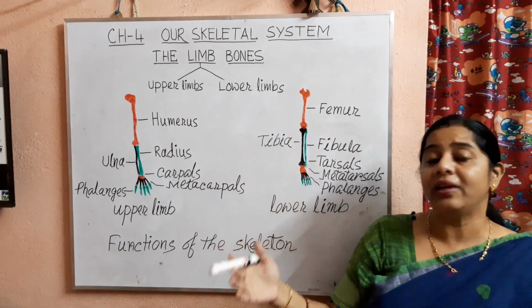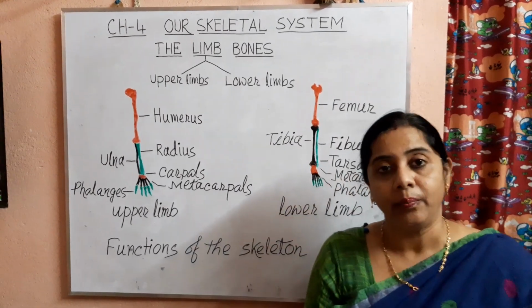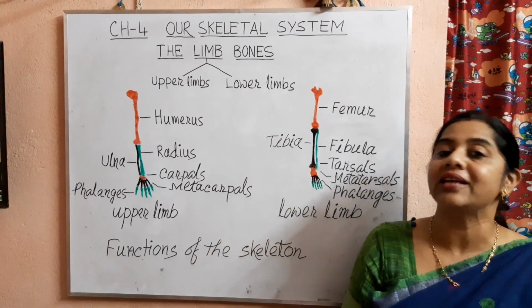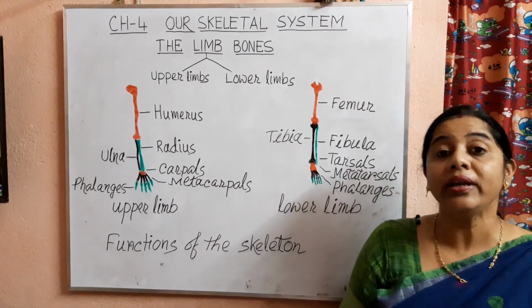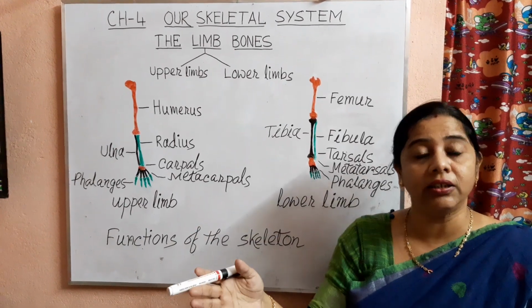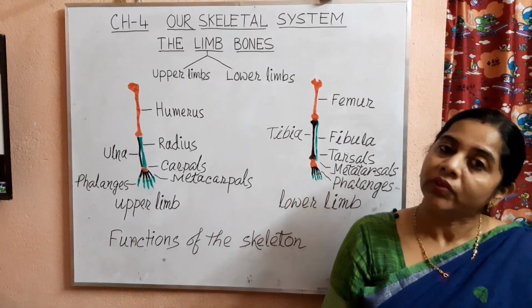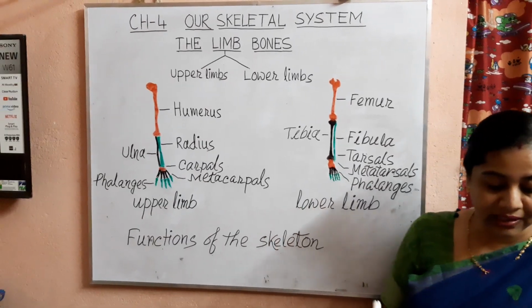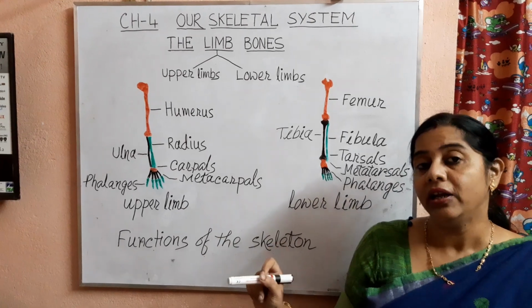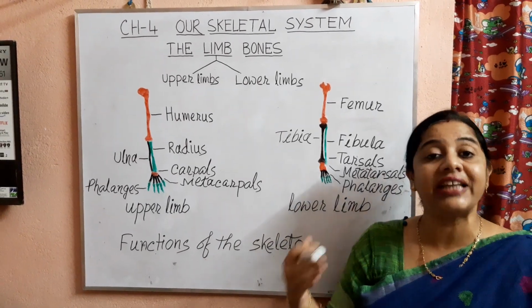Because of the presence of the skeleton, our body has a particular shape and size. Understood? We can recognize this is an animal, that is a lion or tiger. This is a human being. Got it? Now children, the first function of the skeletal system is that it provides a definite shape and size